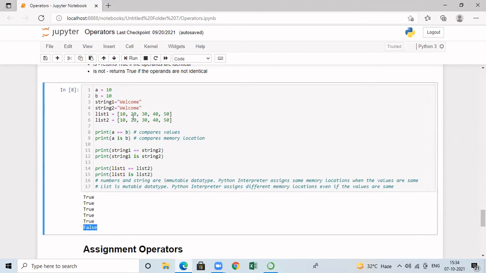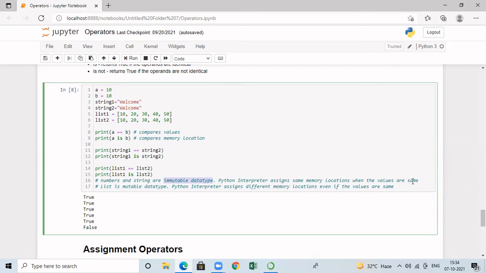If you consider this example, I have compared three different data types: integer, string, and list. We have already seen in the data types that numbers and strings come under immutable data types. What is the meaning of immutable data type? Once we create the data, we cannot change the value. In case of an immutable data type, the Python interpreter assigns the same memory location when the values are the same.